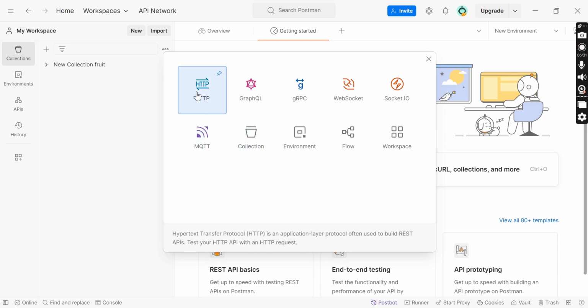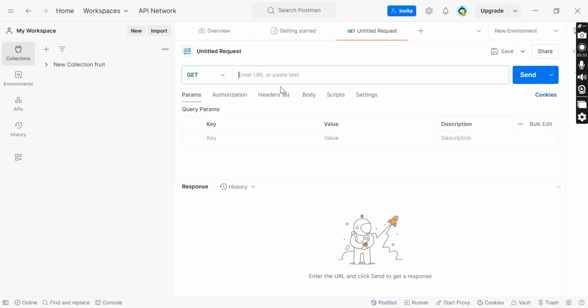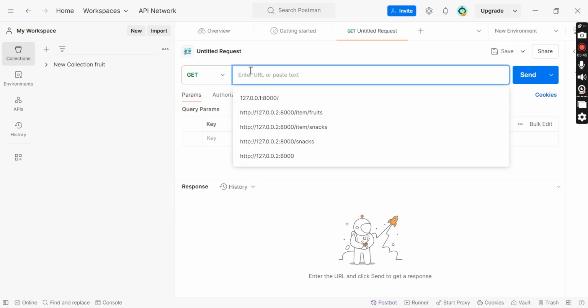So you have to click on HTTP request. So once you do that, you have to select the method. Now the methods that it supports could be GET, POST, PUT, or PATCH, or DELETE. Okay, so these are all the API requests that we do, and then you have to enter the URL. Now URL can be your localhost, or it can also be the website where your application is